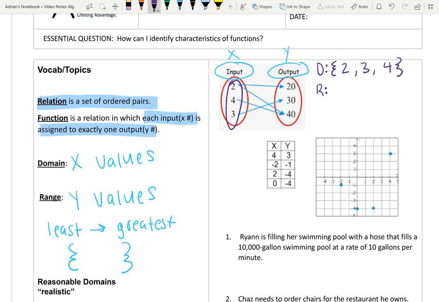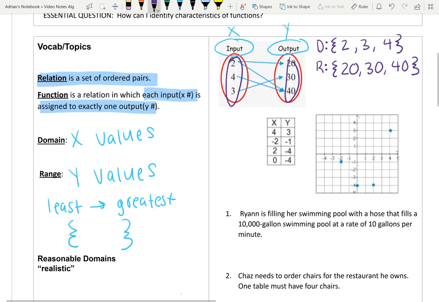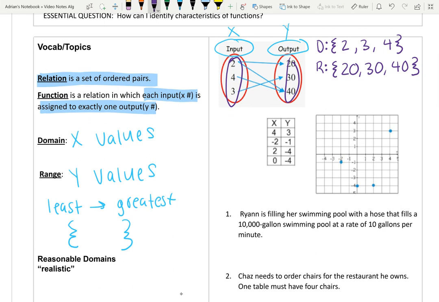Same thing for my range. I have 20, 30, and 40. These ones are already in order for me, so I'm just going to put those in the brackets. That's all you have to do for domain and range. So let's go on to our next example. We're going to do this